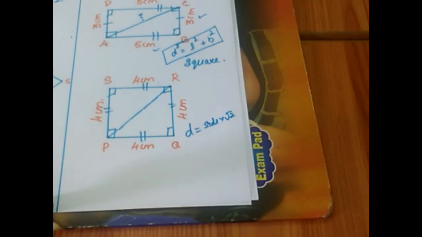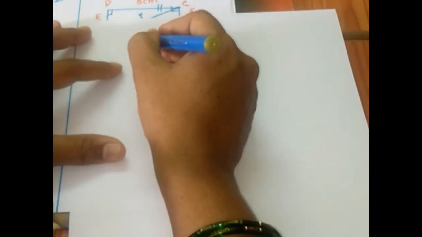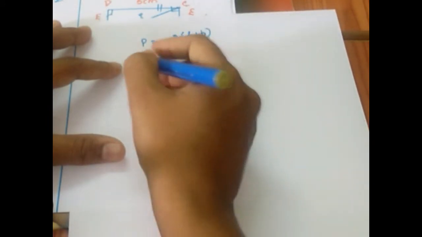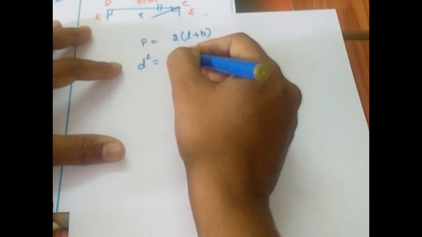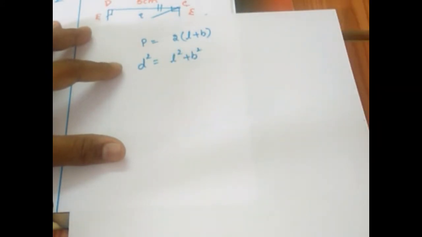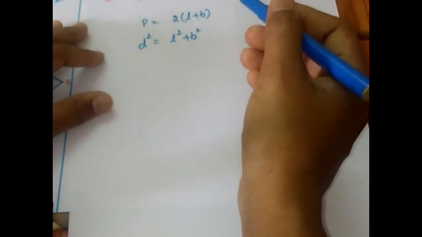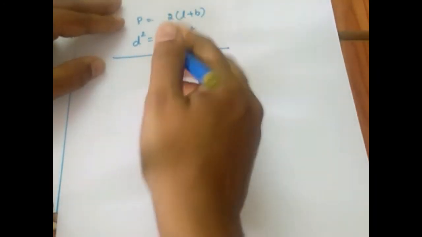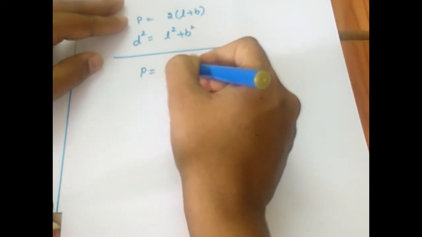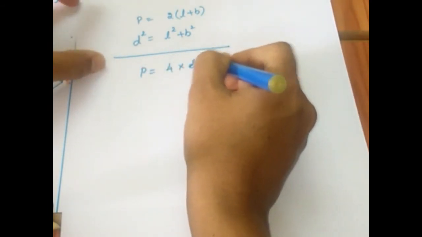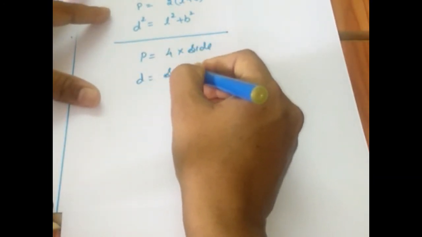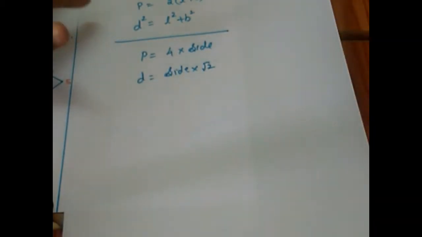The 4 important formulas which you need to remember. Kindly copy it in your classwork, children. First one is perimeter of a rectangle, that is 2 into (L plus B). Then the measure of diagonal will be calculated by using the formula D square is equal to L square plus B square. So these two are related to rectangle. Coming back to the square, perimeter of a square is 4 into side, and the measure of diagonal of a square will be calculated by using the formula side into root 2.